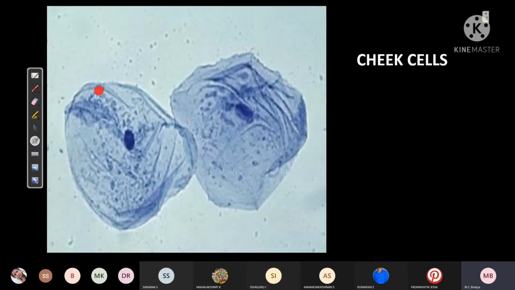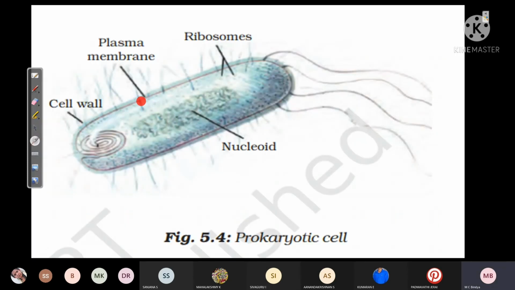Under the microscope, you can see our cheek cells are like this. It will not have a cell wall because it's an animal cell, but you can see the nucleus. Then you can see the cytoplasm. You cannot see the prokaryotic cell. Prokaryotic cell structure has a cell wall, plasma membrane, ribosomes, but you can't see any other kind of cell organelle. Now we can name this region, you can take it down. The region of prokaryotic cell